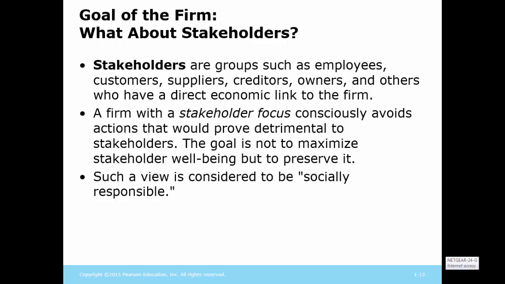We had mentioned these stakeholders. So again, let's think about them again. The general topic here is that of a corporation being socially responsible. So we're going to talk a little bit about ethics. There are 2 videos that I would like you to watch that actually delve into the ethics issue a little bit more. But again, the idea of this goal is not necessarily to maximize stakeholder wealth, but certainly we want to preserve it. You don't want to do anything that would damage the wealth of stakeholders.